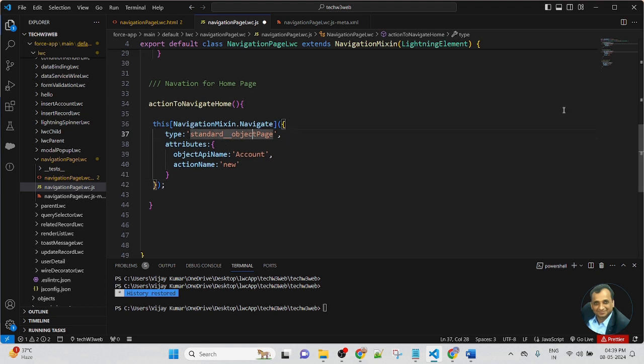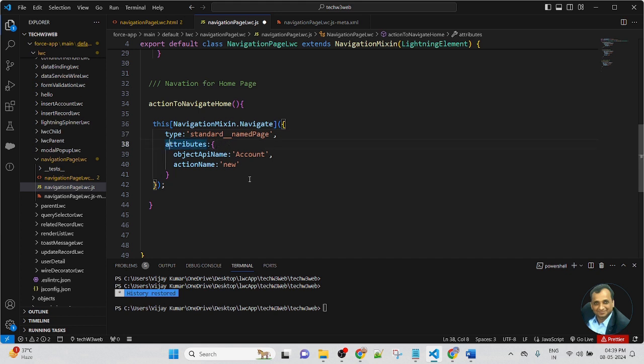Here, in the function of the NavigationMixin dot Navigate, type instead of standard object, I will change to named page, because here I am navigating to the home page, not an object record.